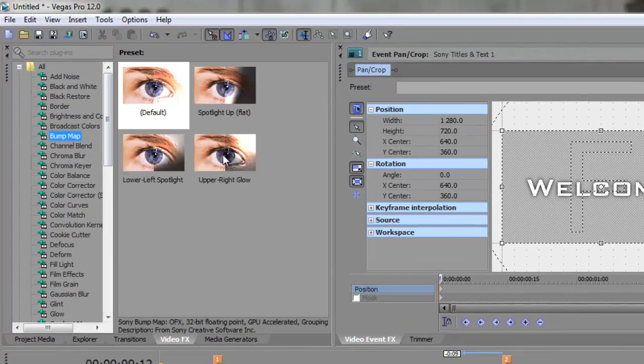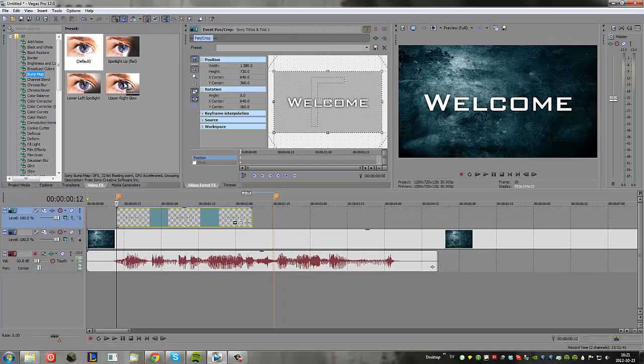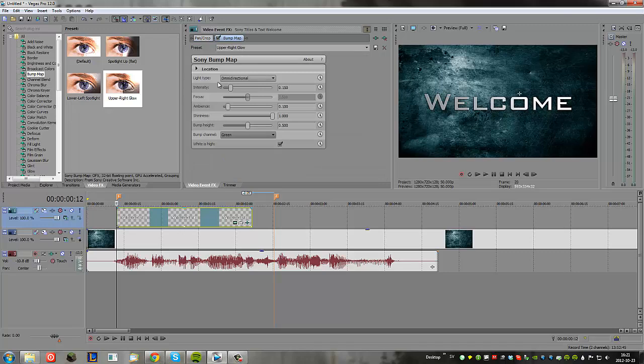What I'm gonna do now is add a bump map. You go to Video Effects and Bump Map, and I'm gonna add upper right glow, and you just press and hold and drop it down on the text layer. Now this will pop up. It will open up in a new window if you haven't used it before, and I'm gonna change the bump height to 0.2,